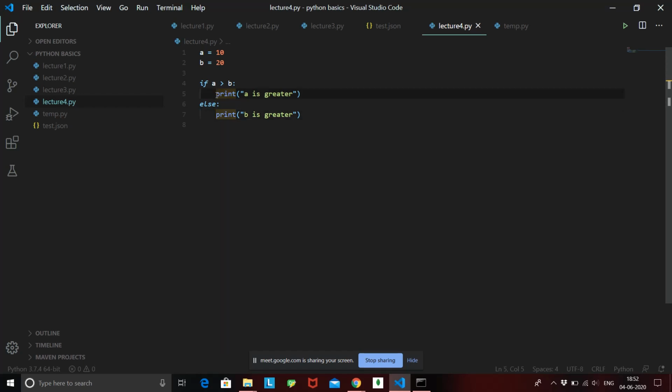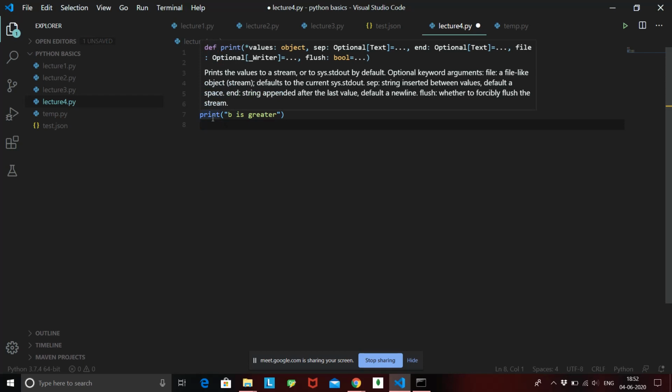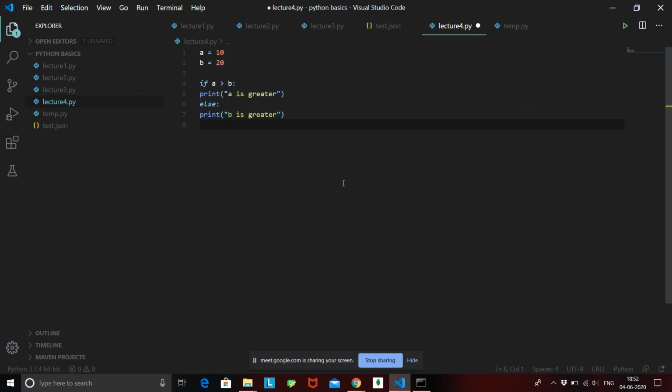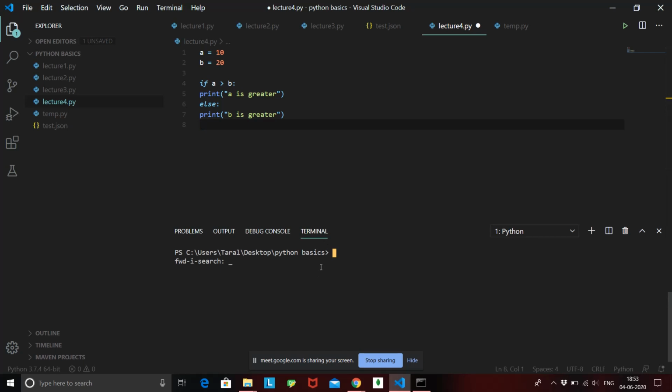If I write it here or here instead, Python is going to give me an error saying that your code is not indented. Let's give it a try. If I go into my terminal and say python lecture4.py, okay, why is this happening?